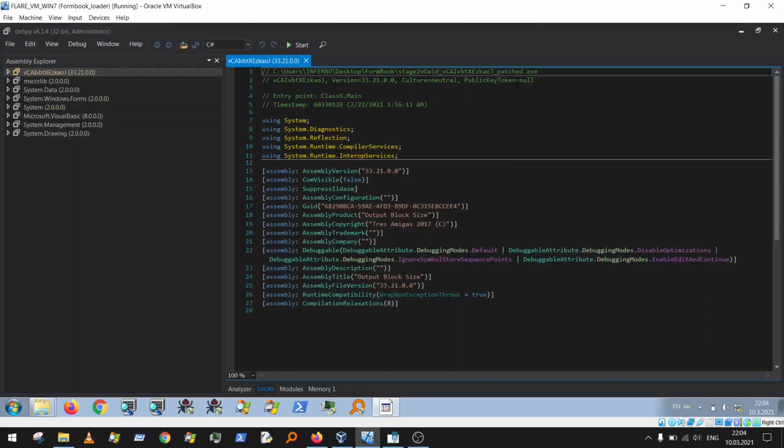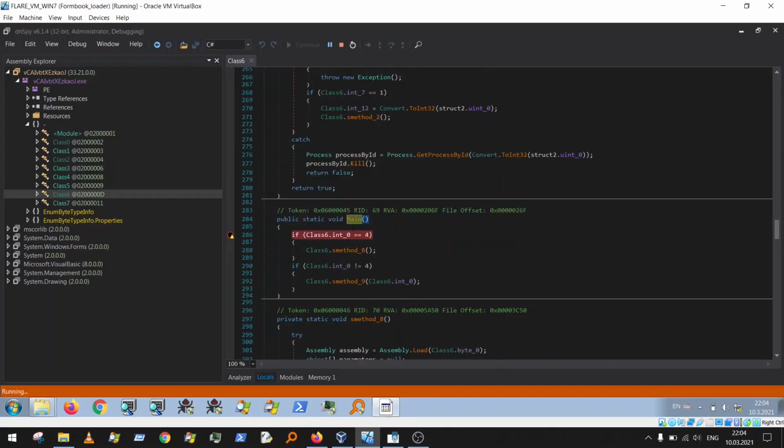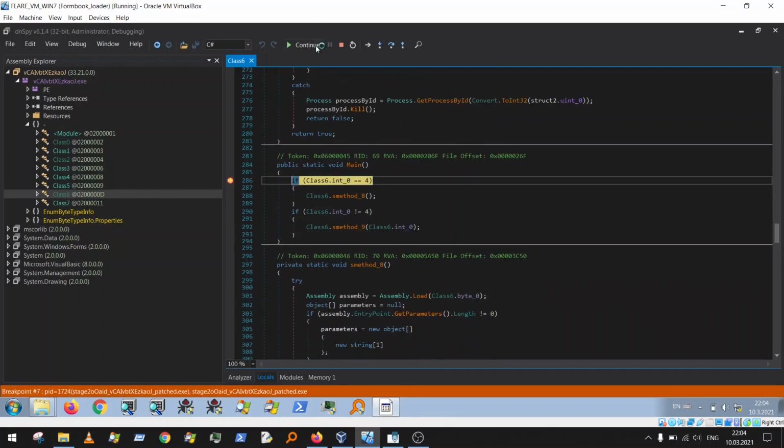And go to the main and put a breakpoint here. Start debugging. Okay. Yep, we reach our breakpoint, and now it's time to step over